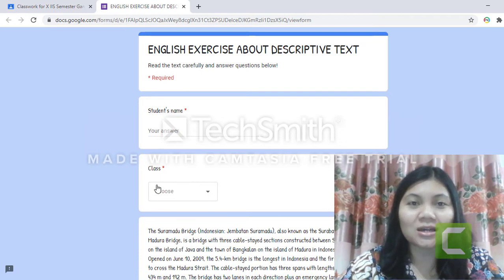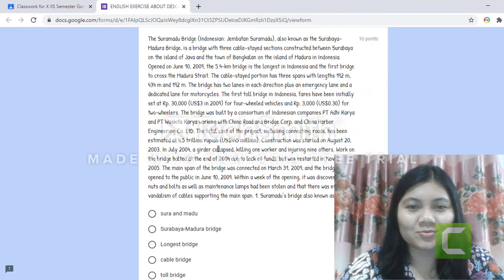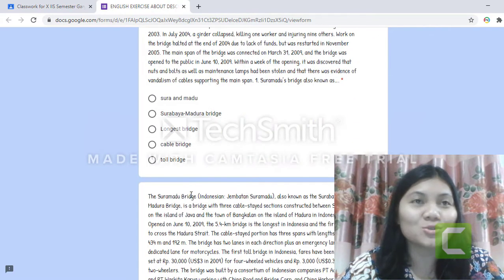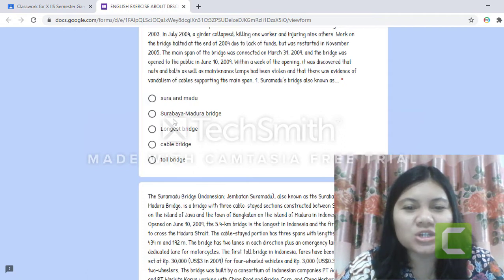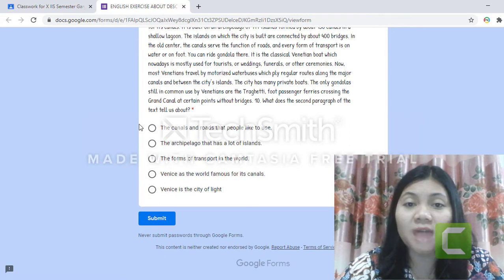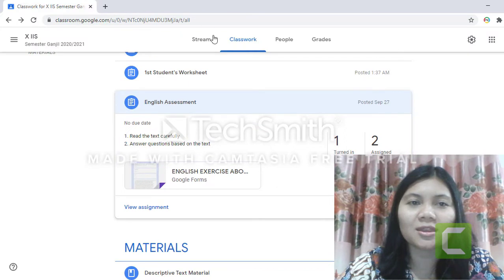This is the assessment. Don't forget to write down your name and choose your class. This is the text and these are the questions. Number 1, it has options. Okay, this is the last, number 10. If you are finished answering all the questions, just submit it and the test will finish.